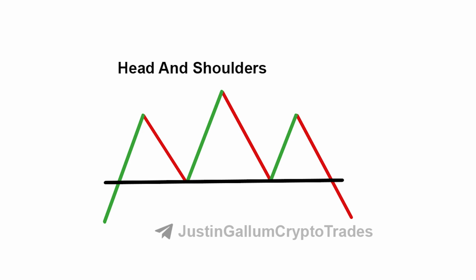Sometimes the head of the pattern can be a bit higher, a bit lower, a bit bigger, or even a bit smaller. The shoulders of the patterns also don't need to be perfectly aligned together. The shoulder can also be a bit higher or lower, or one of the shoulders is just a bit higher than the other one. Just keep in mind that a head and shoulders pattern doesn't necessarily need to be perfectly aligned like shown on